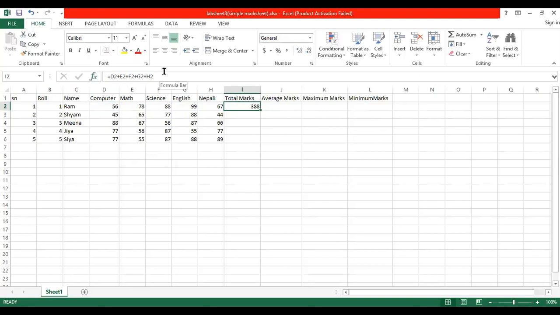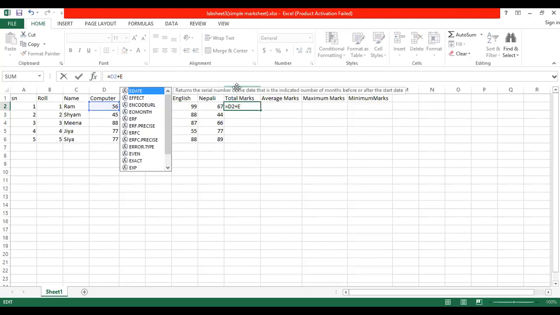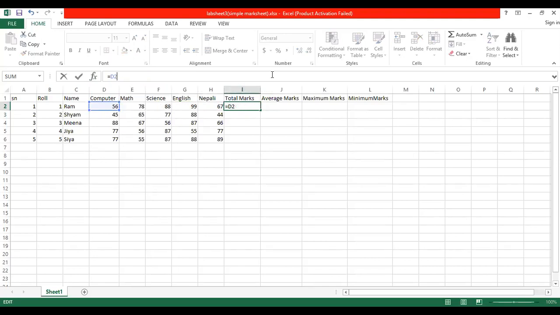So I prefer, it will be easy for you if you use a function, because it makes the long formula short. So I'm going to show you once here by using the function. I'm going to delete it. Okay, always you have to start with the equal to sign. What I told you, you have to use here the cell range. First of all, you are going to find out the total. So you will use sum.